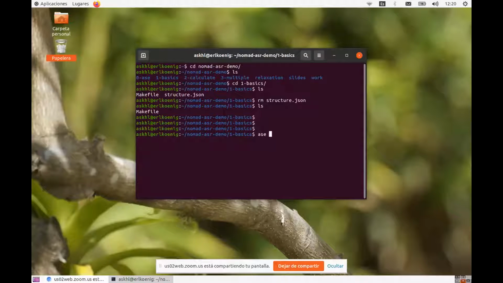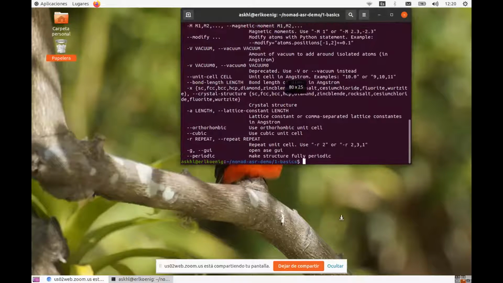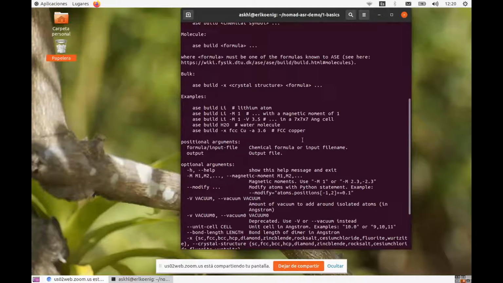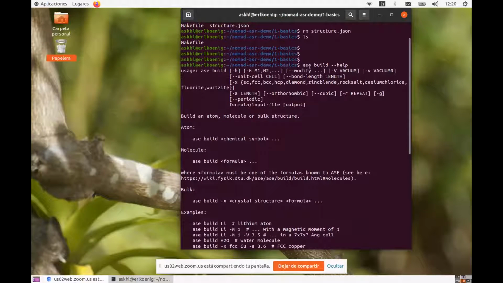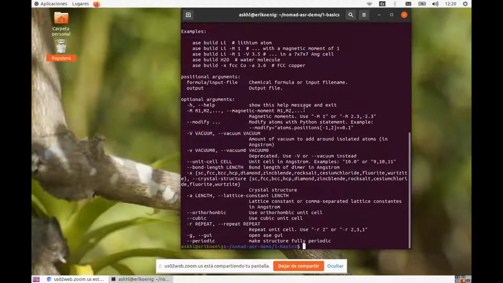And ASE has a number of tools to help build these systems. So the first thing we can do is to use the ASE build command. It has a help page. Help pages are your friend. For a lot of this work, we use these different command line tools, and you will always want to issue this --help to see how to actually